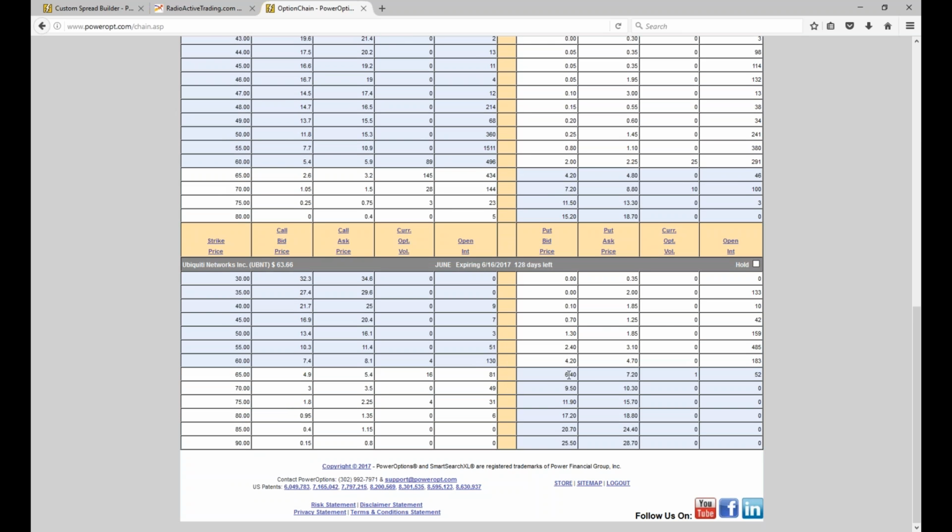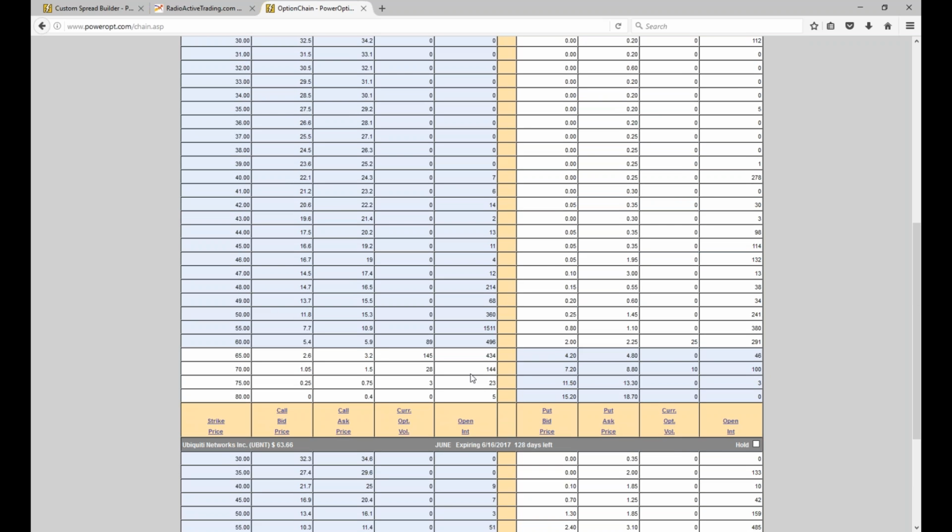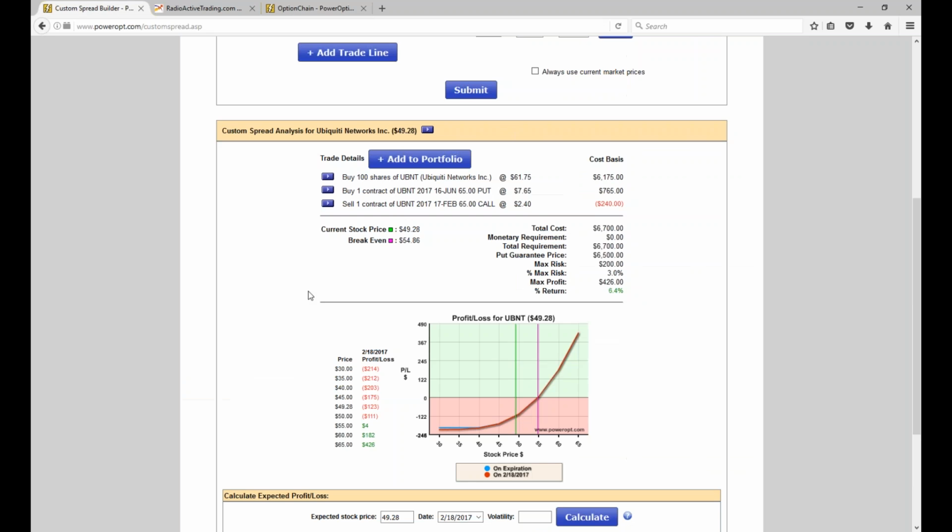I could have sold to close my 65 put somewhere between 80 cents there. It's a bid of 640, ask of 720, so we're going to call it 680. Could have sold to close my 65 put for 680 and bought to open the 65 put for March at 450. That would have been income method number 3. Let's go back. So right before the earnings,